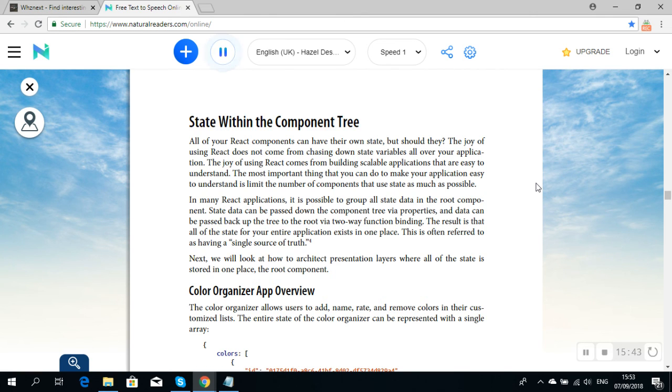From Paul Hudson, State and the Single Source of Truth, Chapter 12 of Hacking with React. State within the component tree. All of your React components can have their own state, but should they? The joy of using React does not come from chasing down state variables all over your application. The joy of using React comes from the